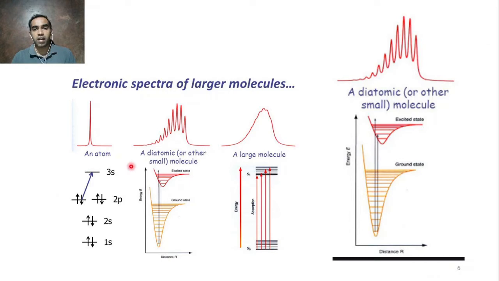The spectra, when atomic, look very sharp. When it becomes diatomic, you will get many lines because of various absorptions. And in large molecules, of course, they all come very close together. They all submerge, and you will get a broad spectrum. In atoms, only electronic transition from one orbital to another and emission happens, so you get a very sharp signal. But here there are various transitions, like vibrational energy and rotational energy also coming into the picture, and many more. That's why you get a very broad spectrum.